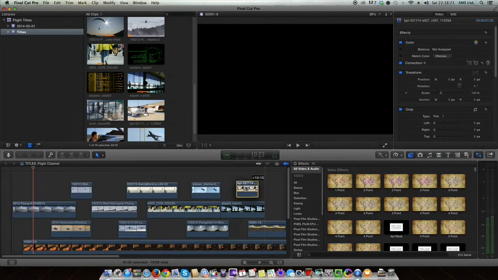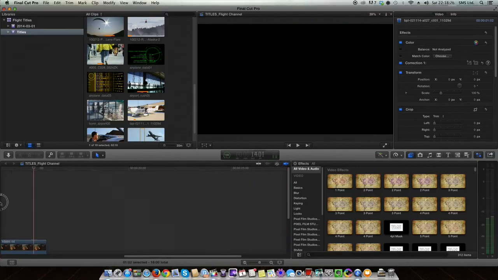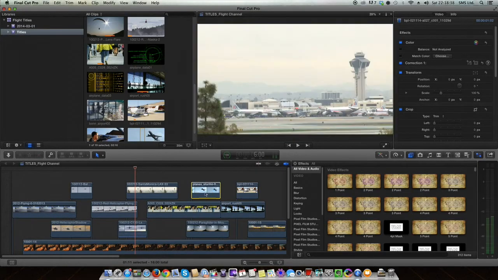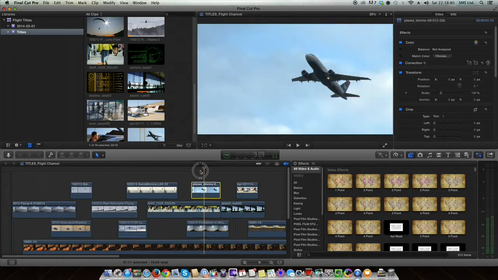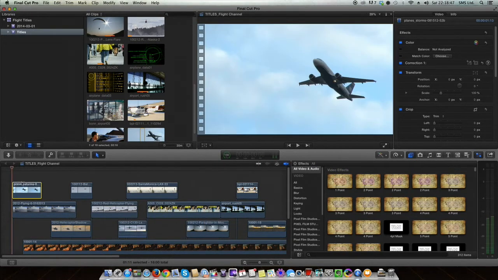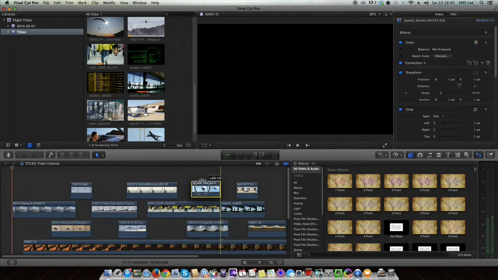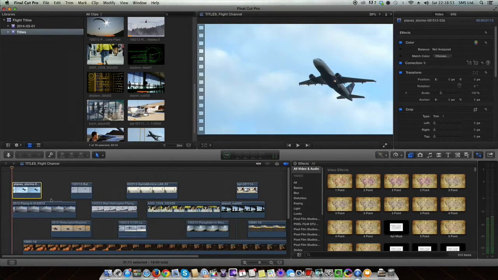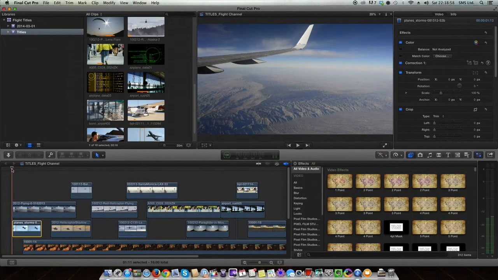So for me, flight is probably best illustrated by taking off. And let's move this one with the taking off airplane, and put that right at the top. Okay, so I've just picked that up by clicking on it, moving it. Couldn't be simpler. Now I can move it under there, but then if I play through, we're not going to see it,